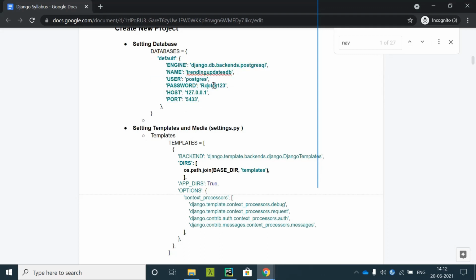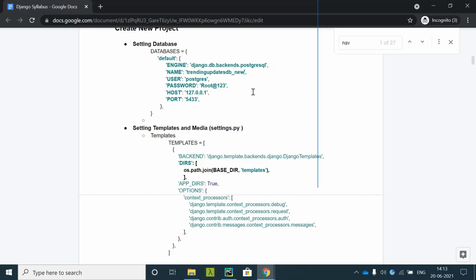The password that I have used to log in to my database is root@123. It asks for this password at the time of installation of the PostgreSQL server. That time you need to put this root@123, and the port it also asks at that time. 5432 was already used by me in a different server, that is version 10. Now I am using version 9.6, so I have used 5433 as the port number, and these are the settings.